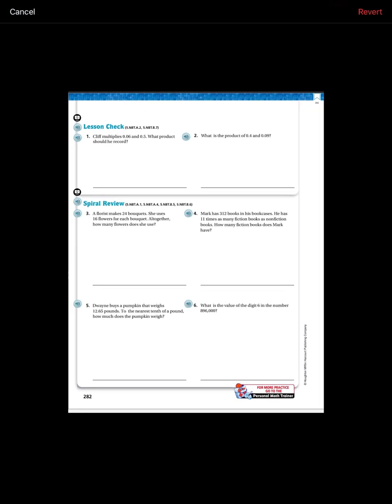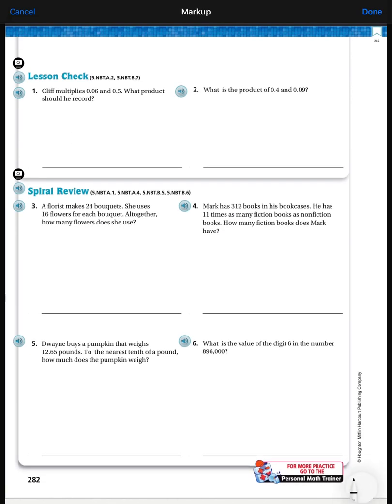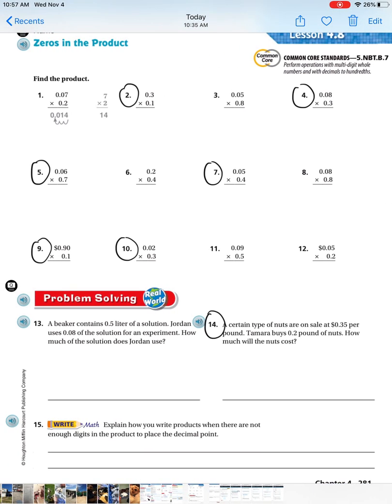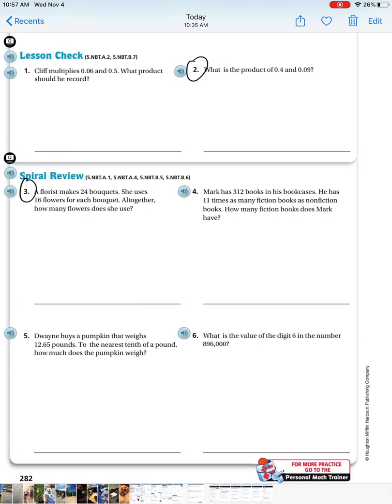Then on the next page, which is page number 282, you are going to work on 2 and 3 on that page, okay? So again, on page number 281, 2, 4, 5, 7, 9, 10, and 14, and then 2 and 3 on 282. If you have any questions,